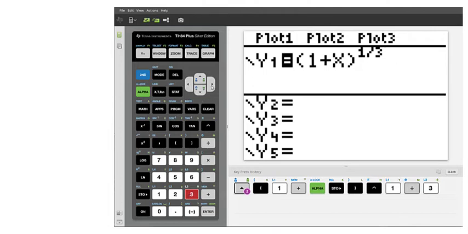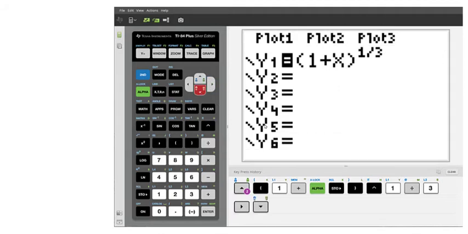Make sure that you hit the right arrow when you're done with your exponent, or it'll just keep everything in the exponent. Now we'll go down to y2 and put in our series. Got 1